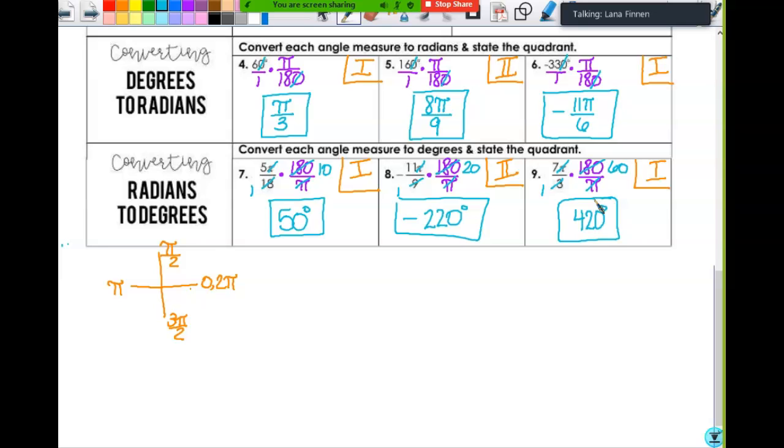Okay, the good news is that as far as thinking around the circle fractionally, we truly only have to be able to do that in thirds, fourths, and sixths. Okay, and then we'll be doing the same thing over and over again, and you won't even have to think that hard anymore after a while. All right, so let's look at